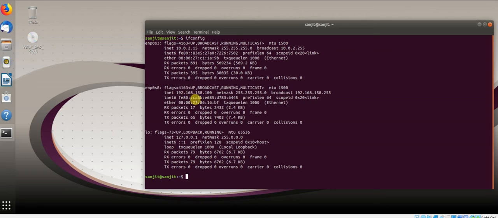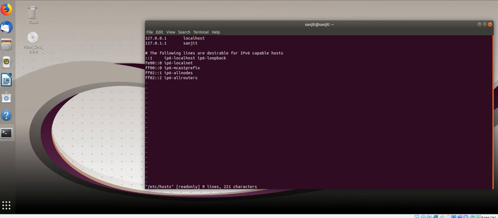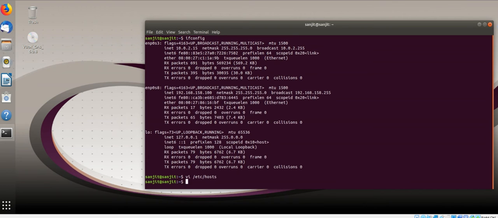If you want, you can set any host name for this. So what I am going to do is vi /etc/hosts. You can use any editor, like gedit. I like vi, any editor you can use. Just copy whatever IP there is in your system. Hit enter. Okay, one second, you should not do that actually, because you are not logged in as root. So press Escape, colon q. First switch to root before running this command.